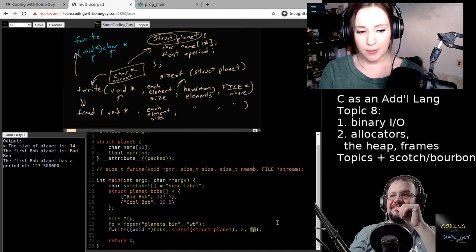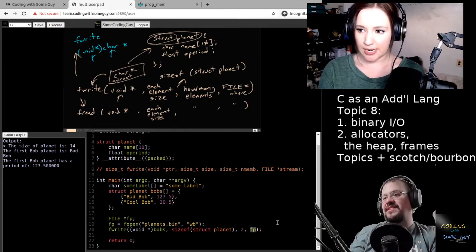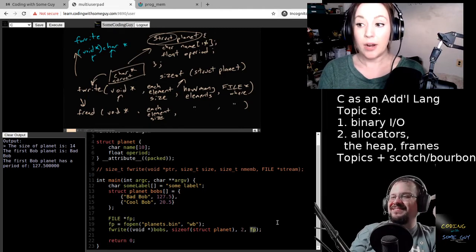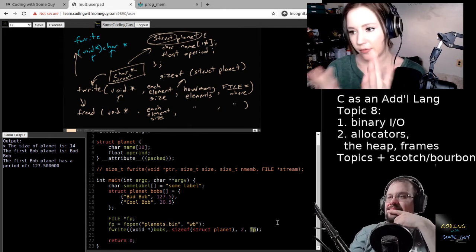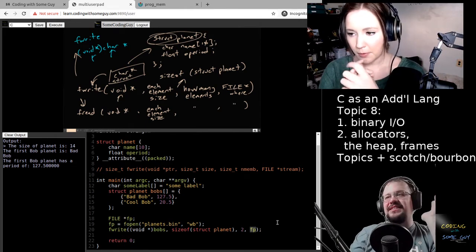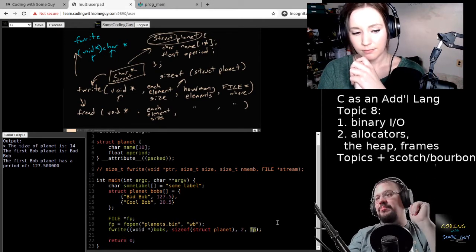But here it takes a void pointer because we're going to explicitly tell it how much memory to take, and we don't want to write a version of fwrite for every type. That gives it the flexibility to apply to any amount. They wrote this intentionally as generic, and to make it generic, they said this is a void pointer.